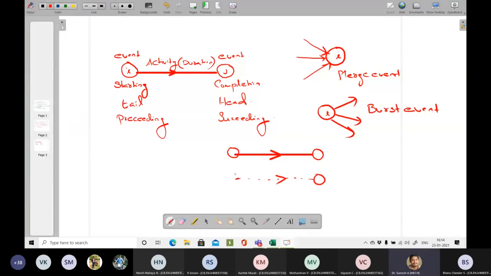A dummy activity's duration is always equal to 0. Such activities are called dummy activities, and you will represent them using dotted lines.